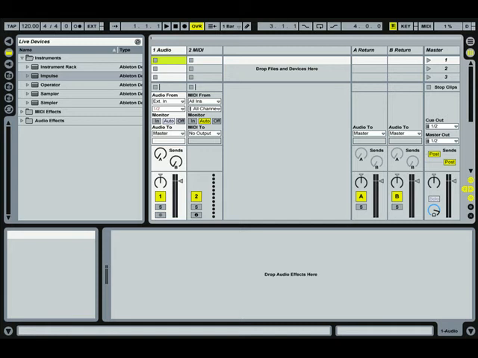This tutorial is going to answer a question that was brought up to me on letscreatemusic.com. The question was concerning how to use Sampler and export the sounds, the zones, into multiple outputs. Unfortunately, long story short, at this point in time, Sampler does not allow you to do that in a direct way, although there are ways to work around this and create a rack that allows you to do that,